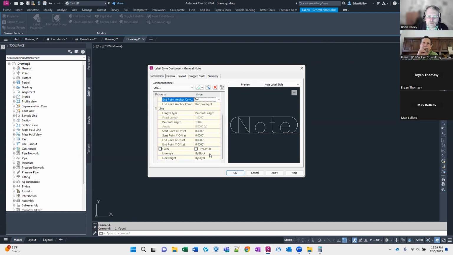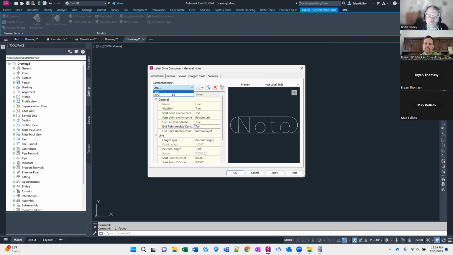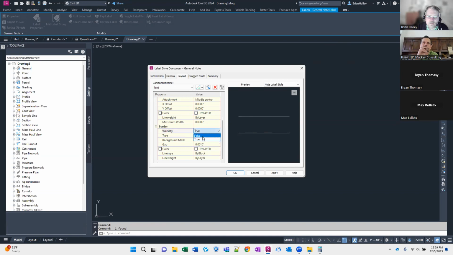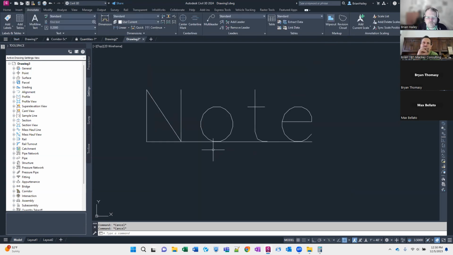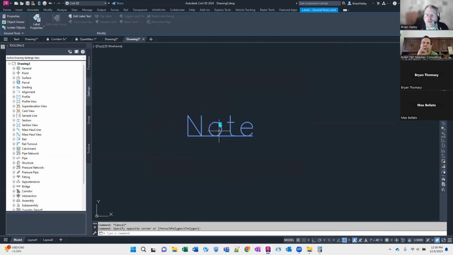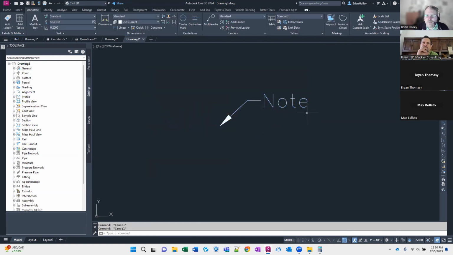Let's turn off the text. Oh, right. Sorry. Set that to rectangular. Visibility is false. Turn off the background mask. You forgot to do it in drag state. I know. So it's underlined. It's not perfect. You probably want a little gap in there. Yeah, that's fine. But the problem is if I pull this off into the drag state, the underline goes away, right? So if I go